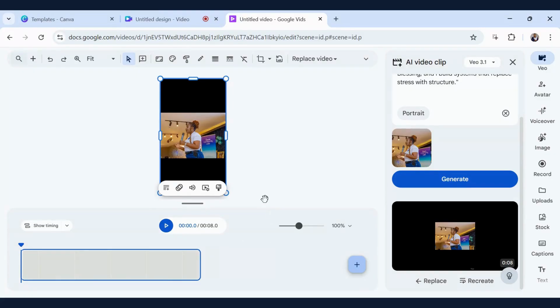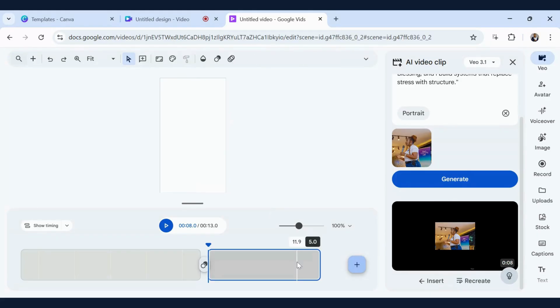So this is our video. I'm going to play it so you see how it sounds. Usually when you use the Google Veo 3.1 model to create video, it is usually 8 seconds long. If you want it extended, you can add more scenes, add a scene and then